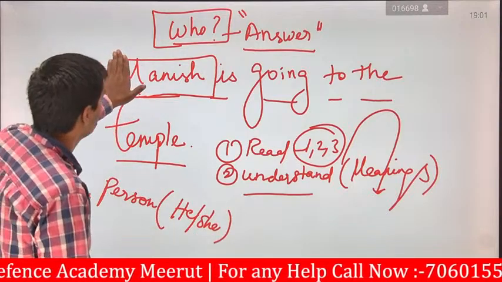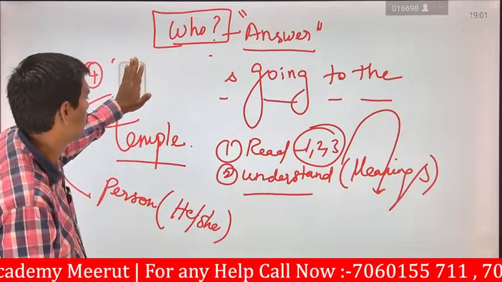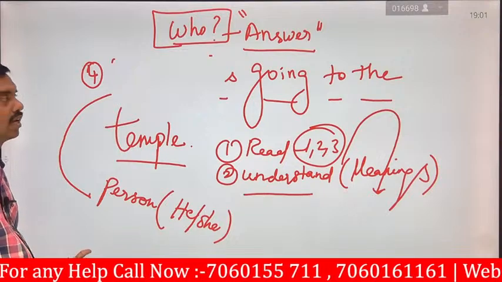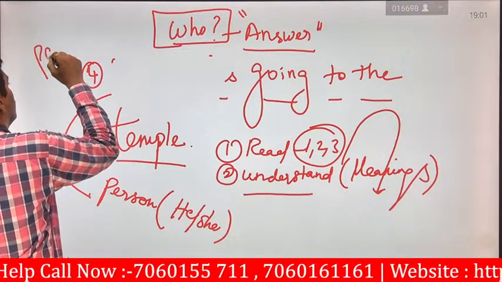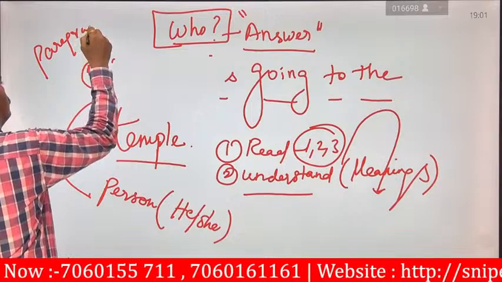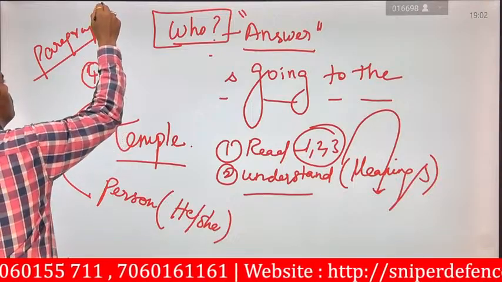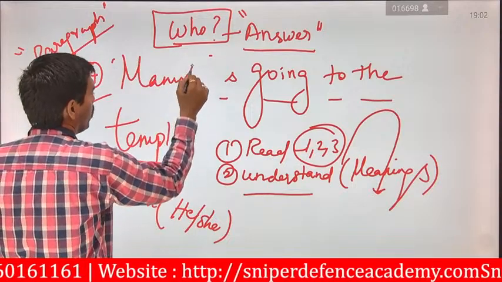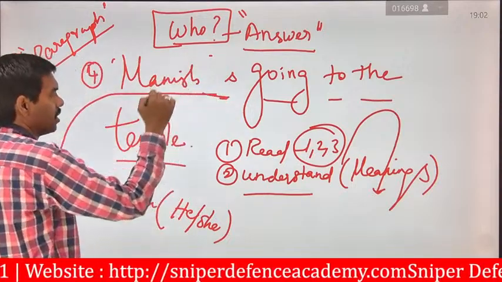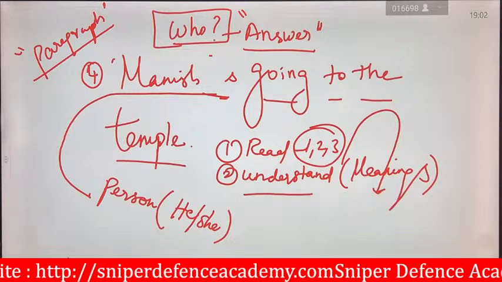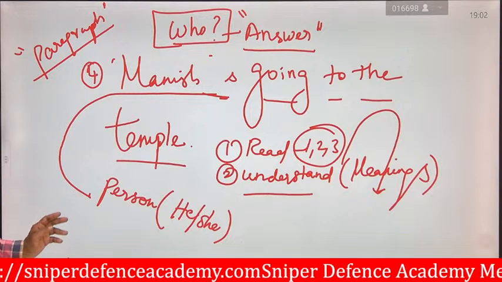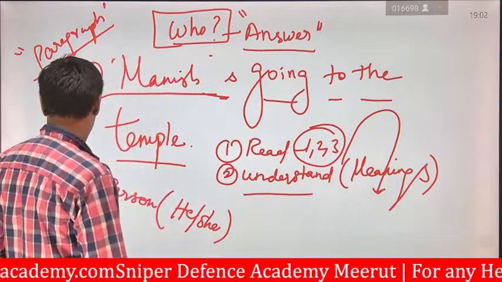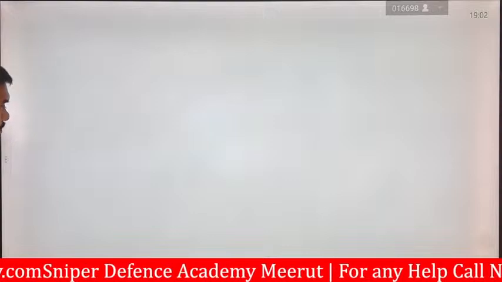For example, if they give "Dash is going to the temple," it's meaningless. You don't know who is going to the temple. If a paragraph has been given to you, and in that paragraph they mention that Manish is going to the temple, then we can easily fill it in. Okay, so this is another example for this: Manish is going to the temple. So next slide, we can say that